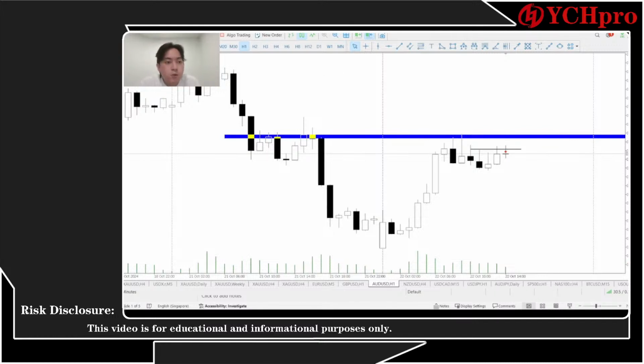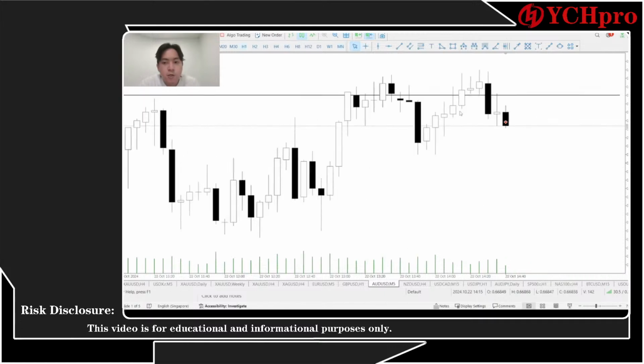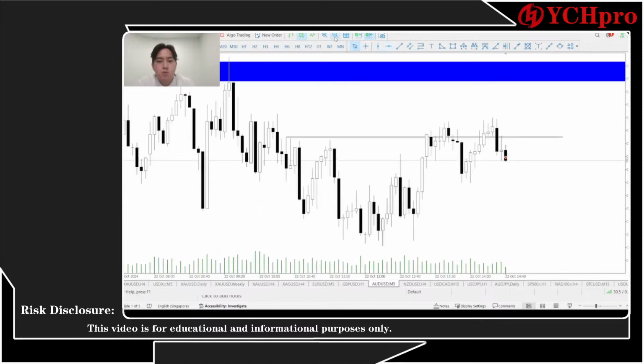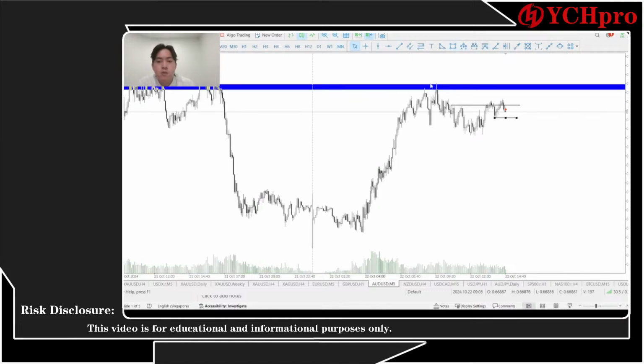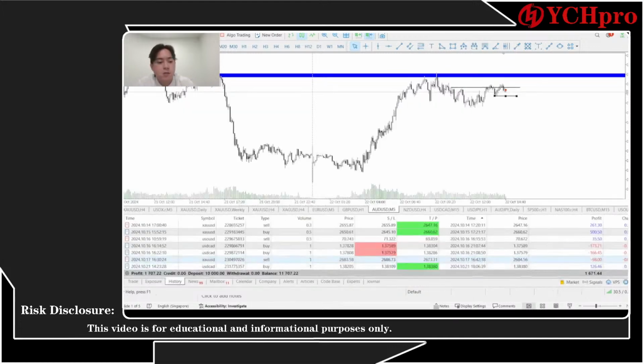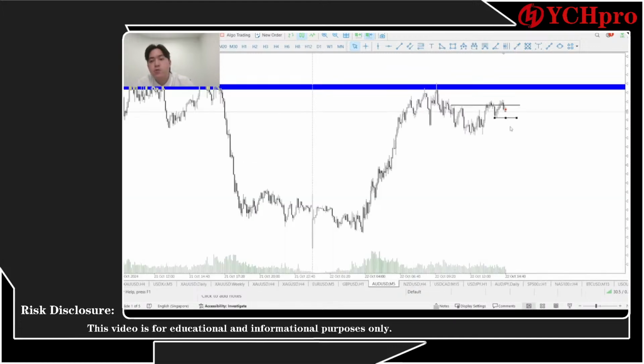So right now, if you really want a big confirmation, you can wait for the price to displace below this area. You can wait for the price displacement on this low. Once the price has displaced this low, then I'll have quite a big confidence that the price will be getting lower. Right now, I'm just doing shorts because the risk reward ratio is quite nice. So let's see how it happens and try to do trades together.